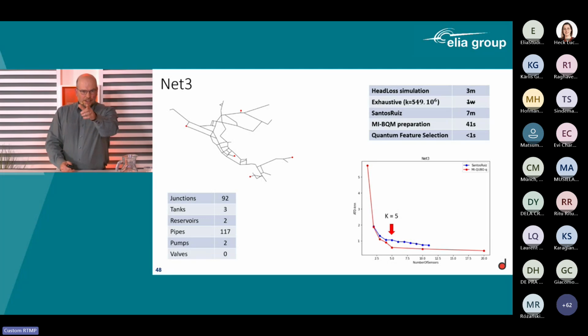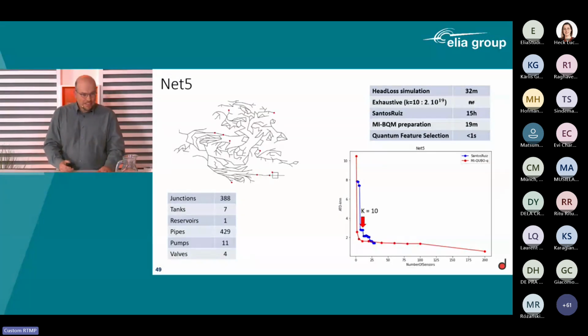What you can see here, that's that graph. If you take one sensor, then your average topological distance is very high. So that seems to be dropping and leveling off at a certain moment. The moment that it levels off is here, like you have to take 5 sensors. So that gives you a lead, and you also know where to put them. When I confronted the business users at the water group with that, they said, well, actually the outcome is pretty interesting, because at the extremities of your network, that's where you feel the pressure drop when you have leaks. So it makes sense that on 3 or 4 occasions, you put them really at the end. They don't need to be there all the time, but that's already giving us an indication that you're onto something once more.